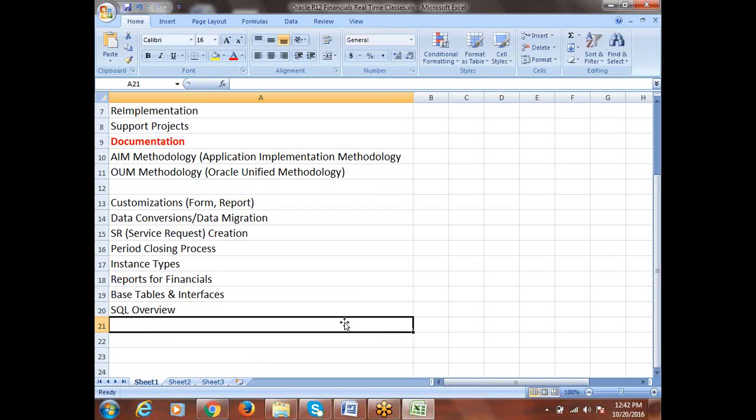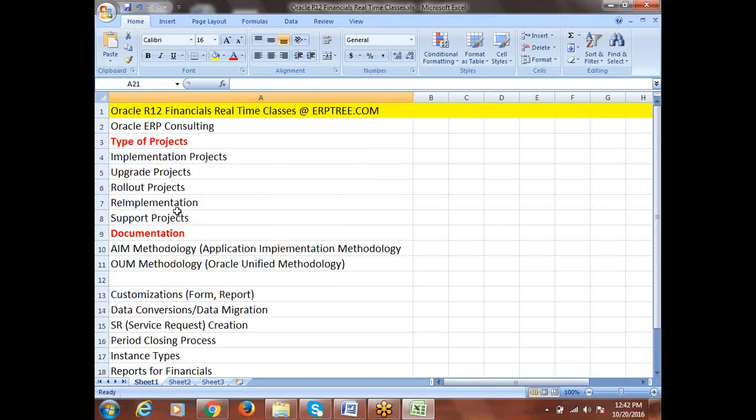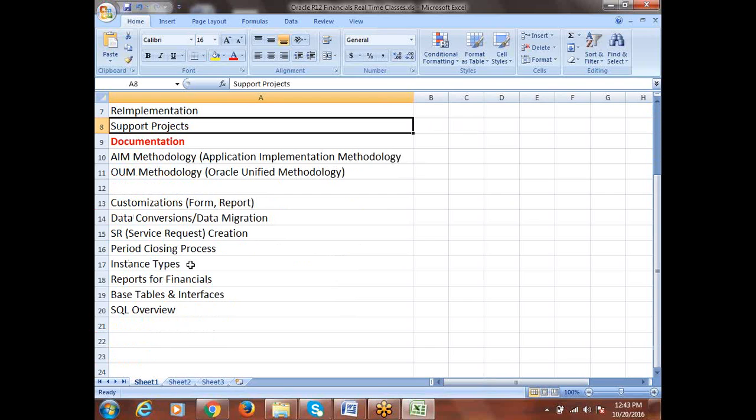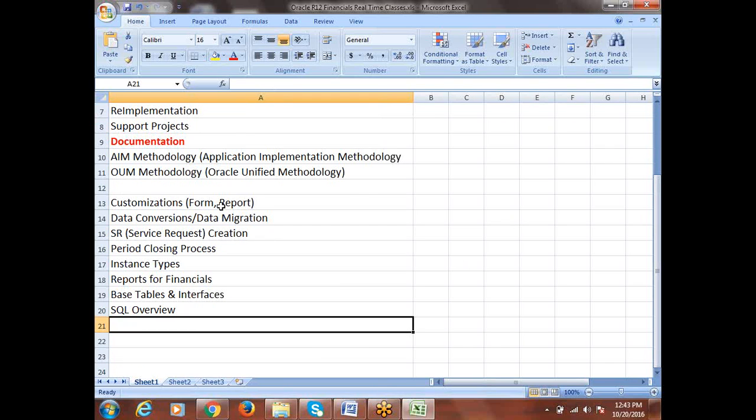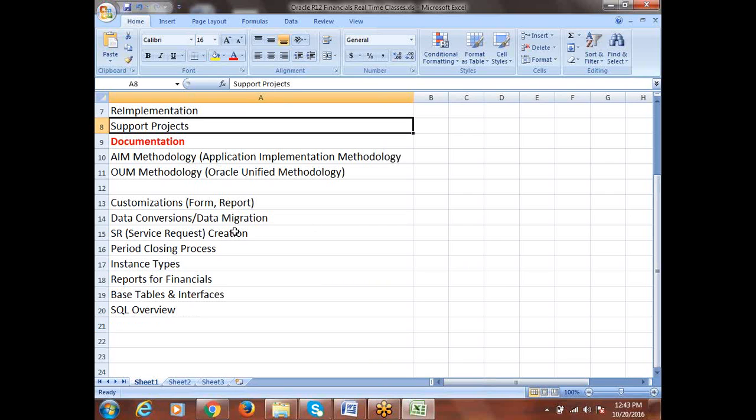When you are working in real time, that will be part of this only. When I talk about the support project, I'll be covering it. When you interact with Oracle, Oracle will ask us to provide some scripts, say the AP checklist or AP list. That also will be covered. That is the application diagnostics we have. I'll take that as part of the support project; I'm not going to write it as separate.